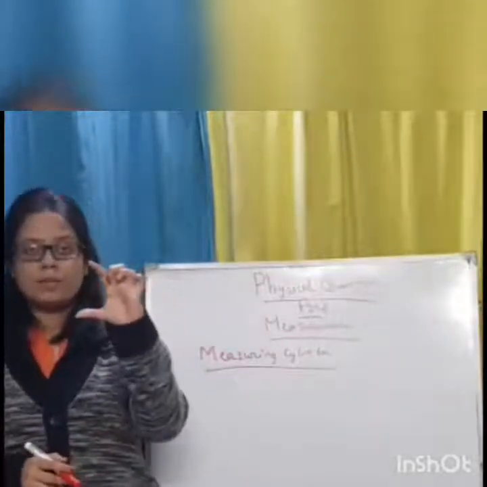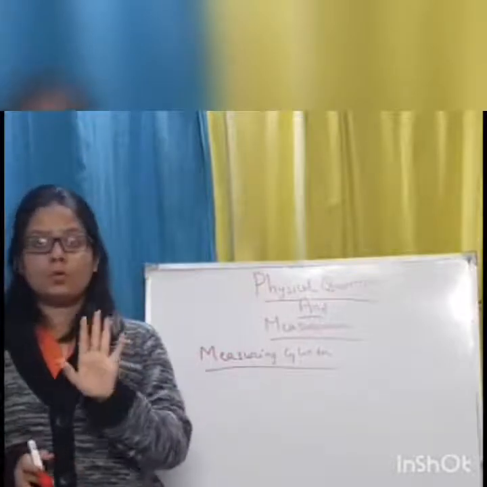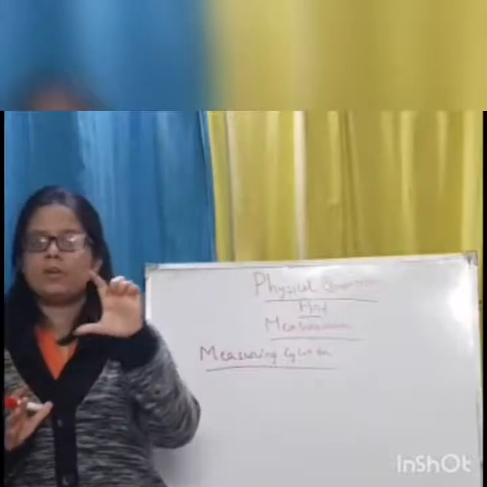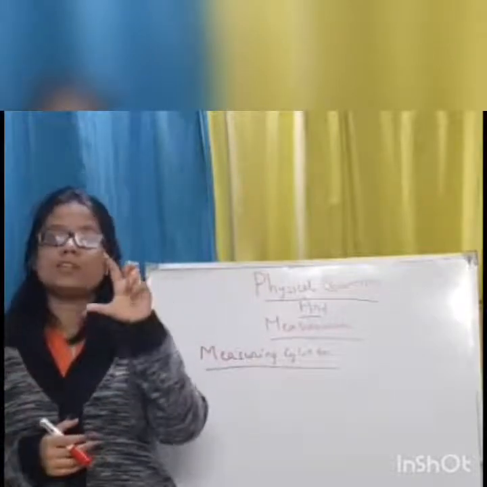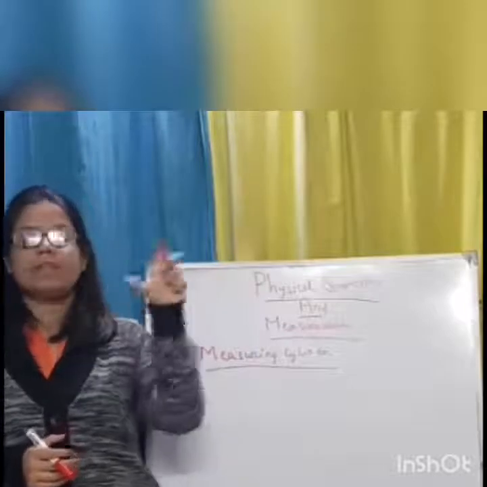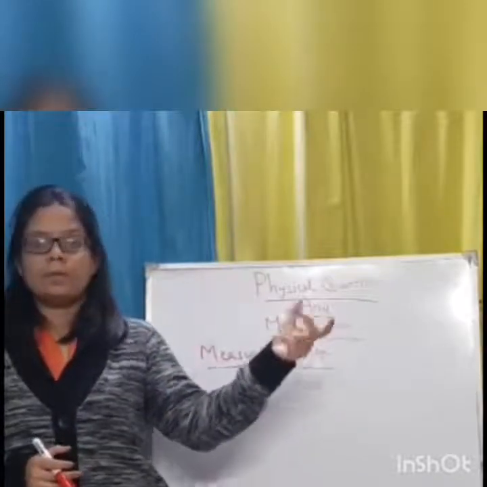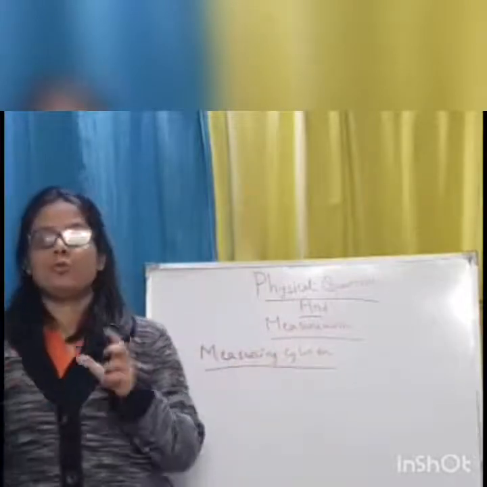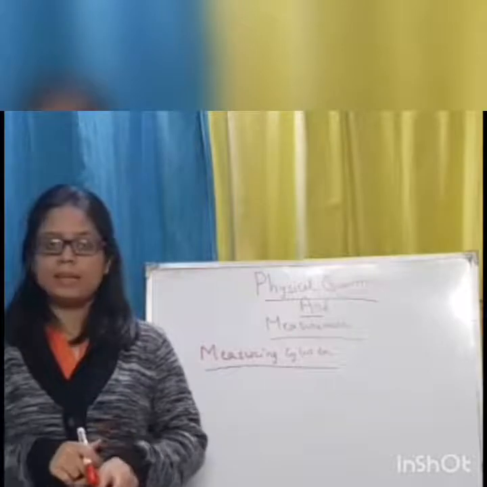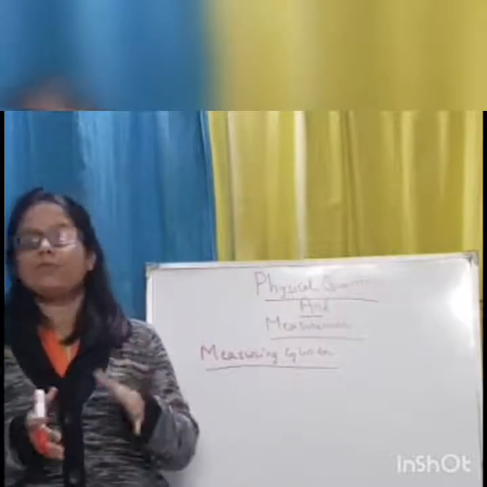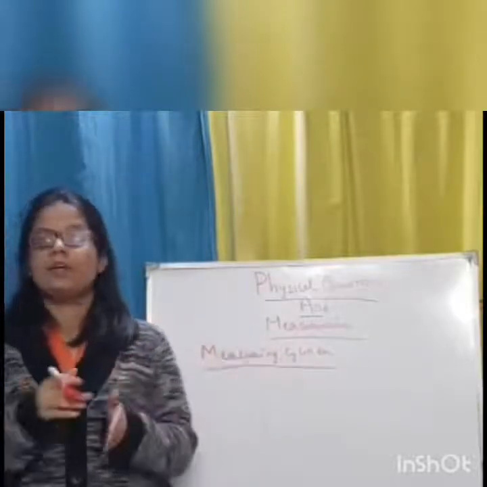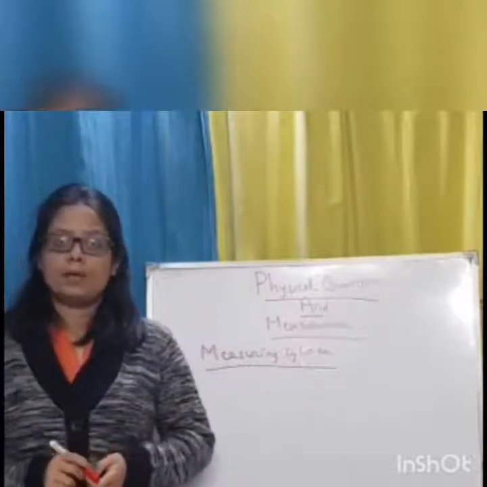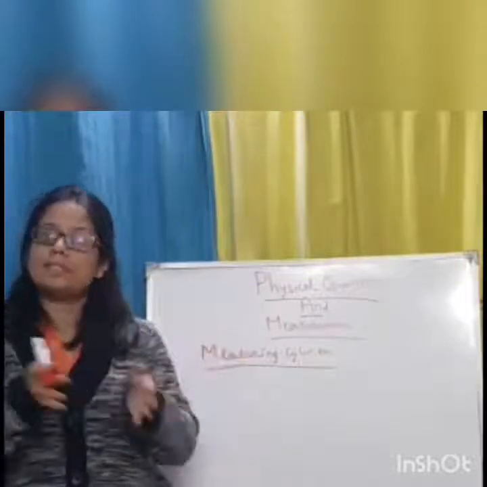You take a glass vessel like this, and first you wash, dry and clean the vessel properly, whether a beaker or anything, and you find the mass of this empty vessel first. You take the empty vessel and put it on a beam balance and find its mass. Next, you fill this empty vessel with the liquid, and now again you measure the mass, which is now the empty vessel plus the liquid.